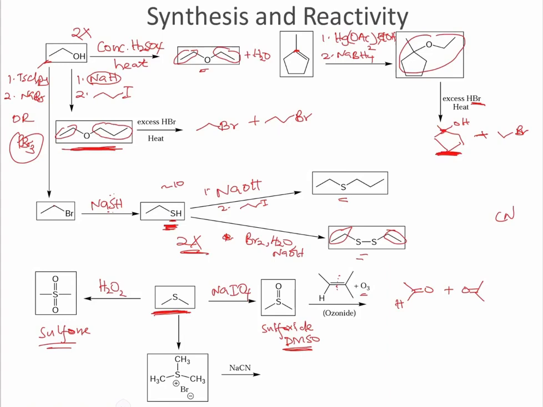So in the presence of methyl bromide, the sulfide is able to react with an alkyl halide to form an intermediate. Once it forms this intermediate, then now any nucleophile could be able to attack the alkyl that is attached to